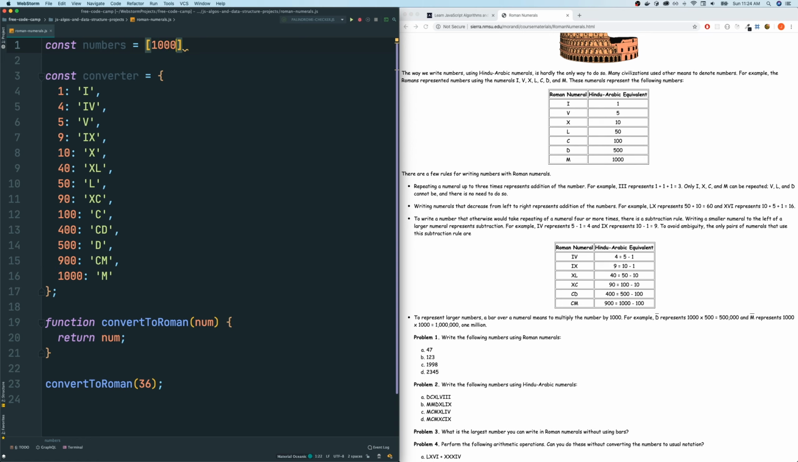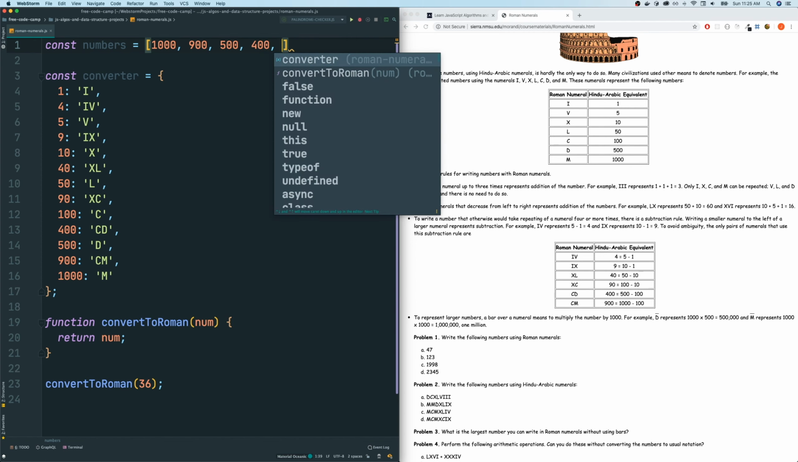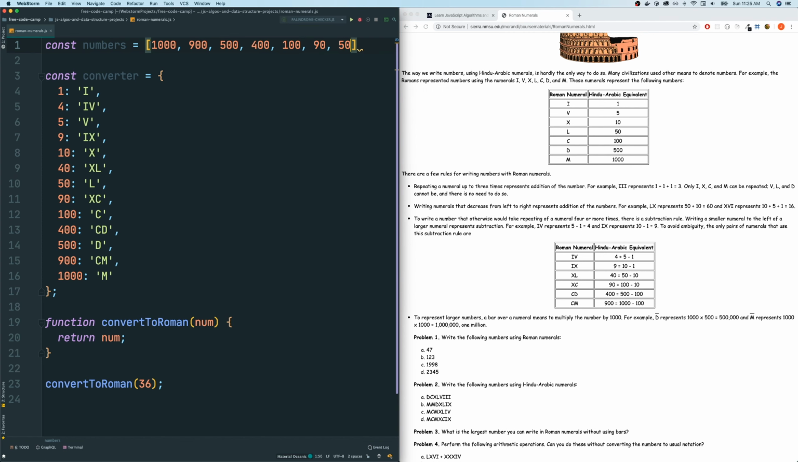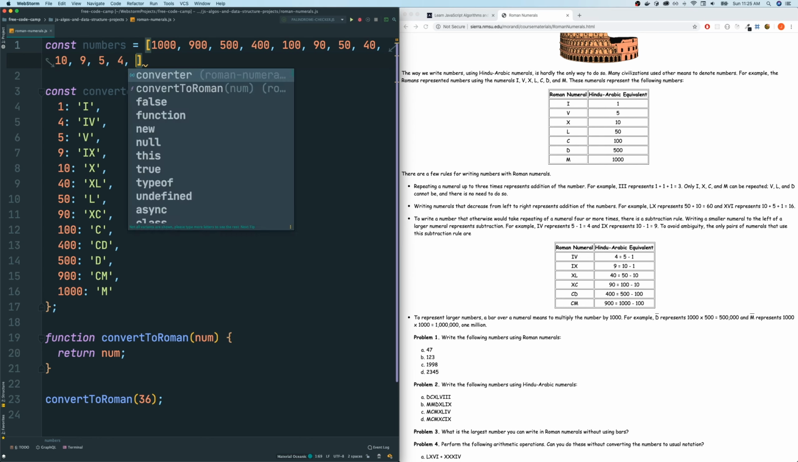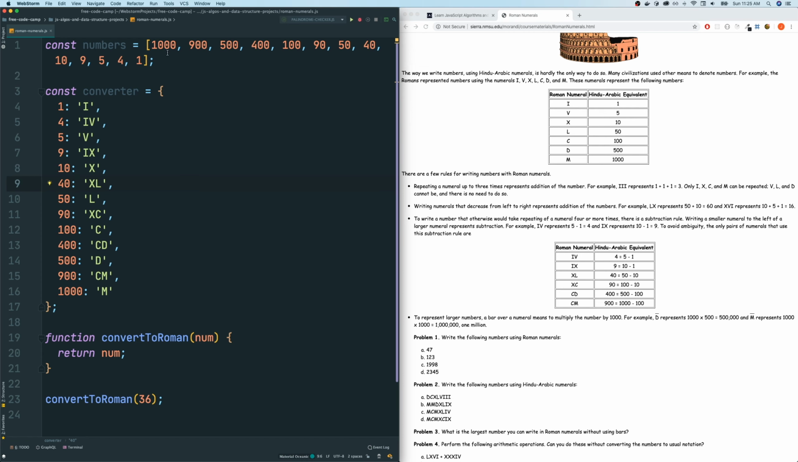So let me do that first. 900, 500, 400, 190, 50. And be very careful when you write this, please. 10, 9, 5, 4, 1. So I wrote them in decreasing order because I know that we've got to start subtracting from the biggest